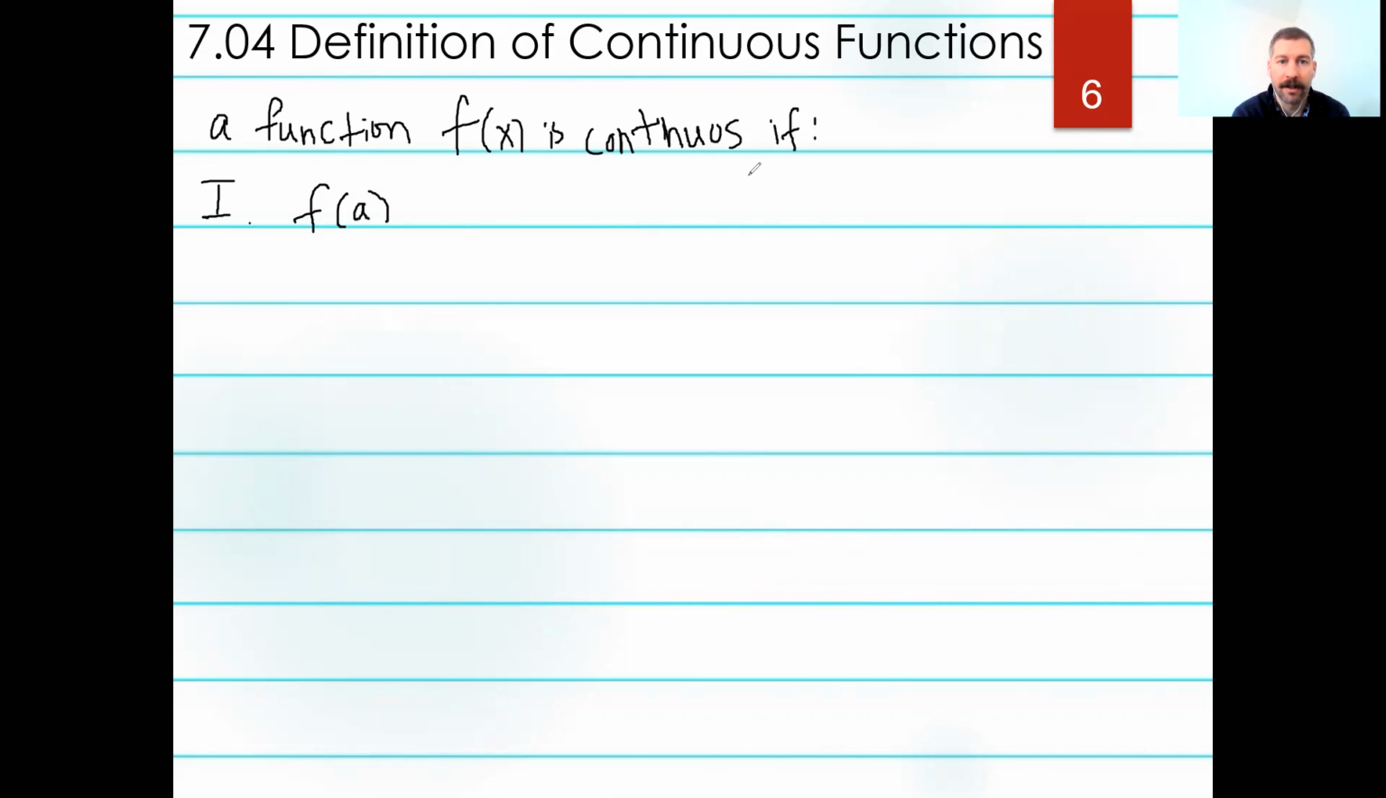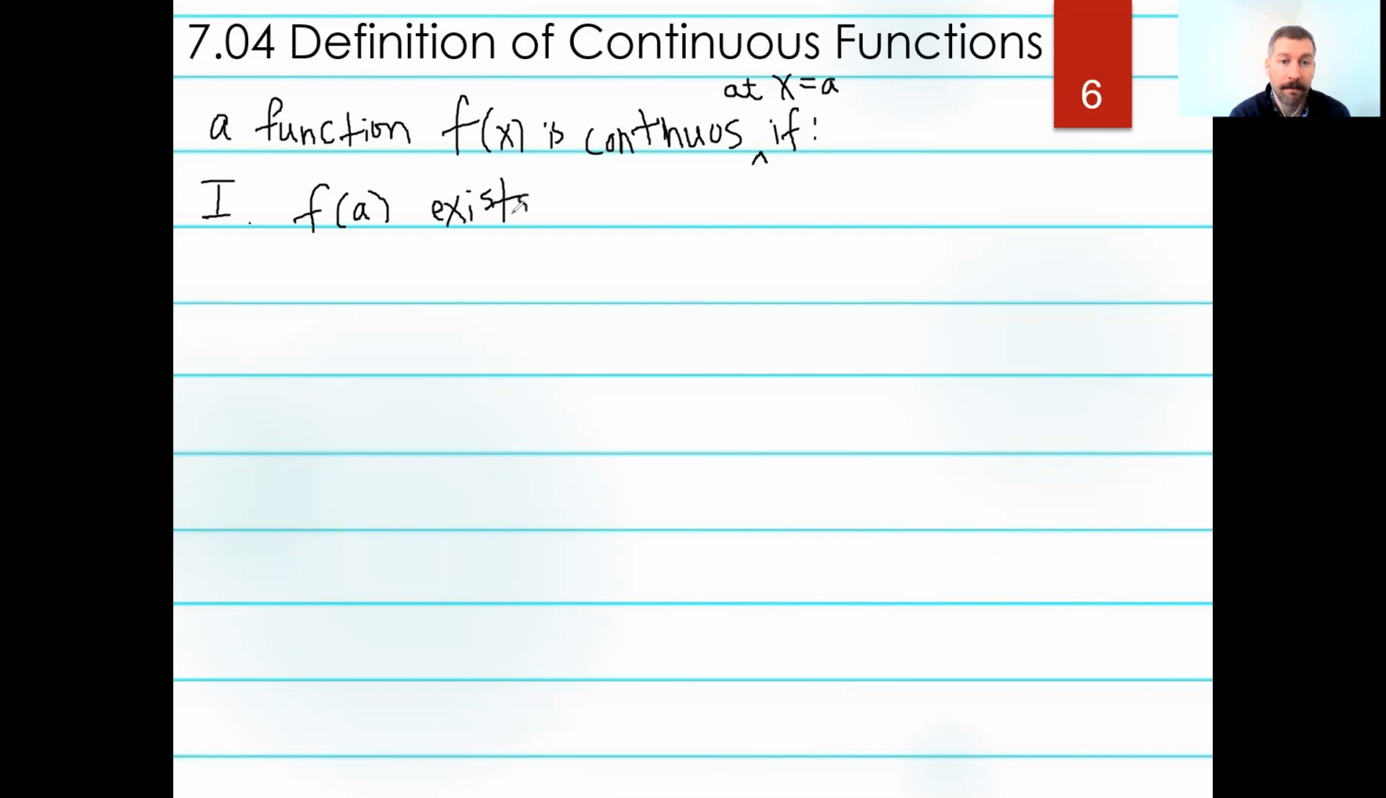I'm sorry, I should have said f of x is continuous at x equals a, right? So we're actually looking at any x value. If we wanted to look at the graph at x equals 1 or x equals 2 or x equals 3 or x equals -4, and we want to know if it's continuous there, we'll just say a instead of any number. So f of a